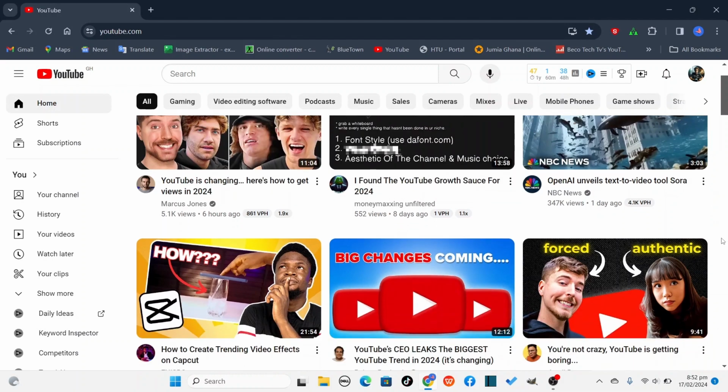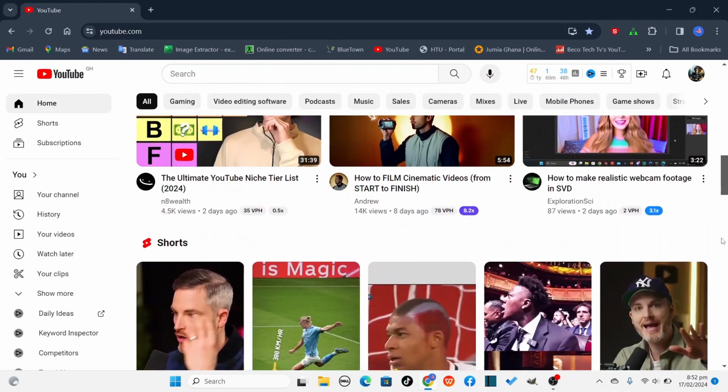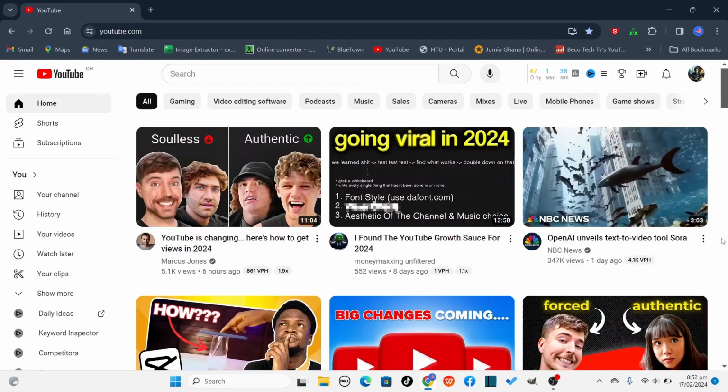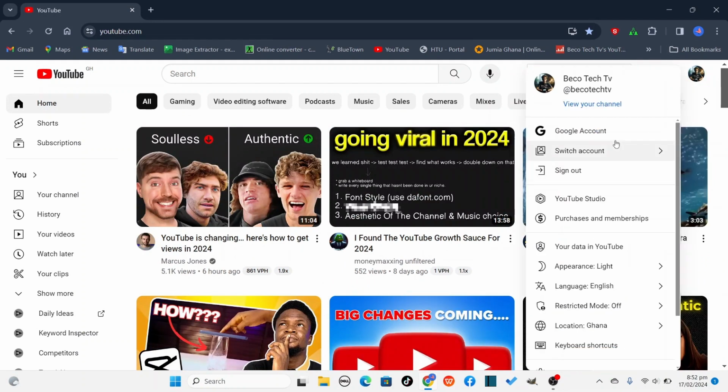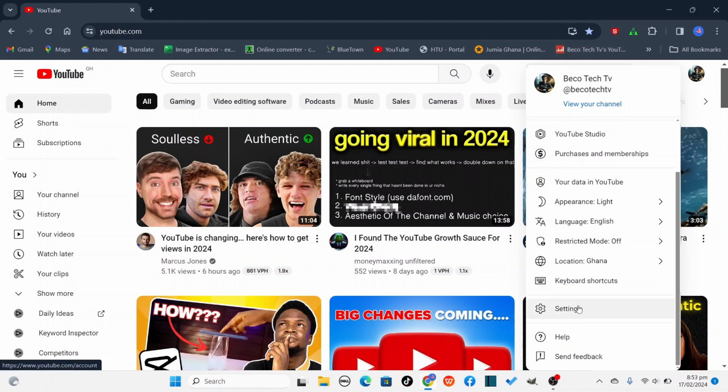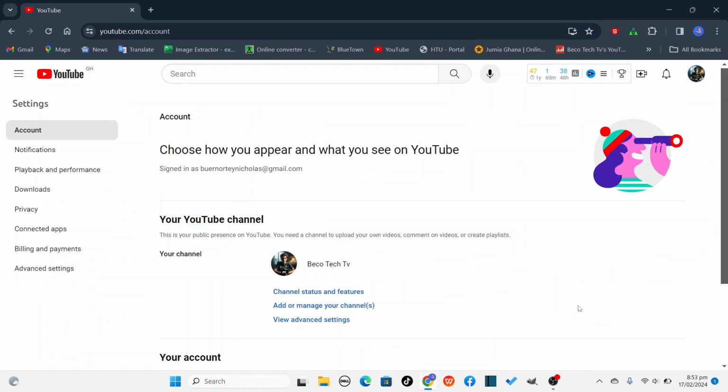new Gmail account. You already have another YouTube channel on your existing email address, so make sure you are logged into YouTube with that account and click on your profile at the top corner of the YouTube web page. Because you already have a YouTube channel, you can see this YouTube Studio option and view channel on the open menu. Scroll down all the way to the bottom of the option and select settings to open your account's settings